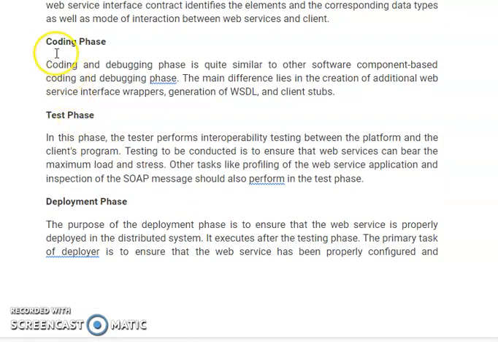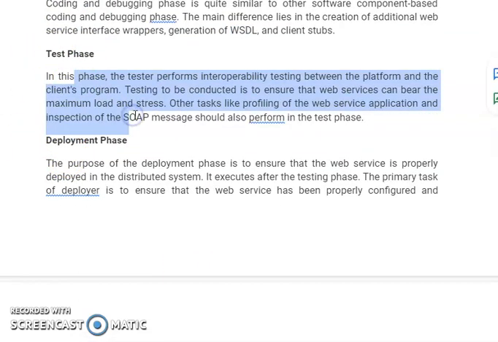Once the design phase is complete, then there will be the coding, that is the implementation part. So it will include the code that will implement this design into actual coding. Once the coding is done, it will use the WSDL language to code that. Then testing: whether this code is running properly or not, whether it is satisfying all the requirements given by the customer or not, and whether there is any bug within that code, or it is not performing the functions correctly. So for expected output and actual output, test cases will be formed, and they will find out the difference.